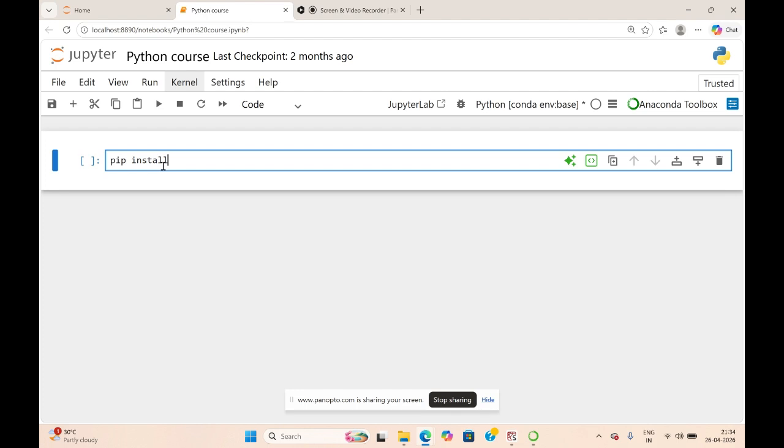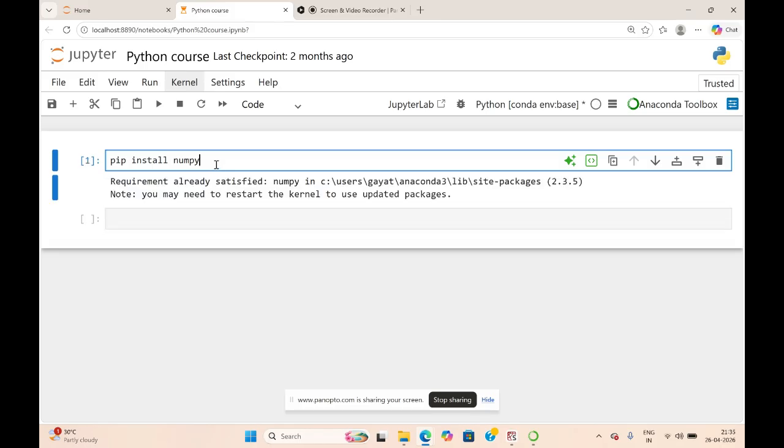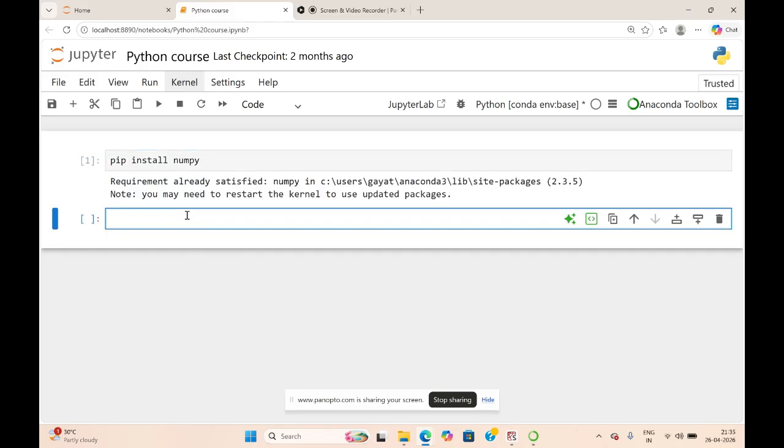Okay, so the basic procedure to install NumPy is this syntax. Please follow this: pip install numpy, and if you run this code, you will install the NumPy library. We have already installed it, and to import this NumPy library into the required programs, we just write import numpy as np.